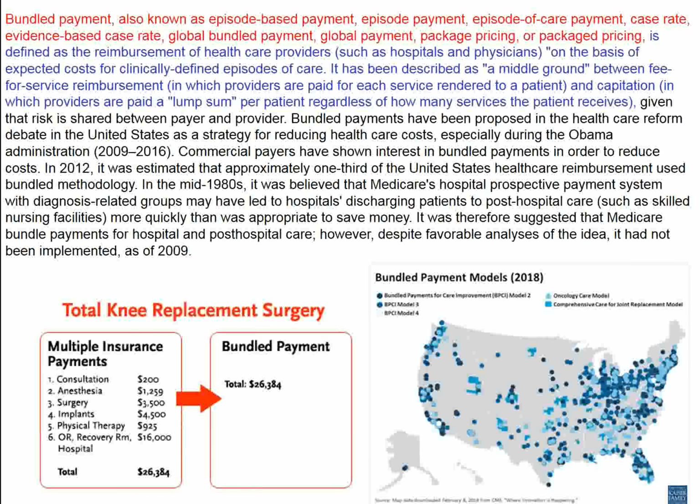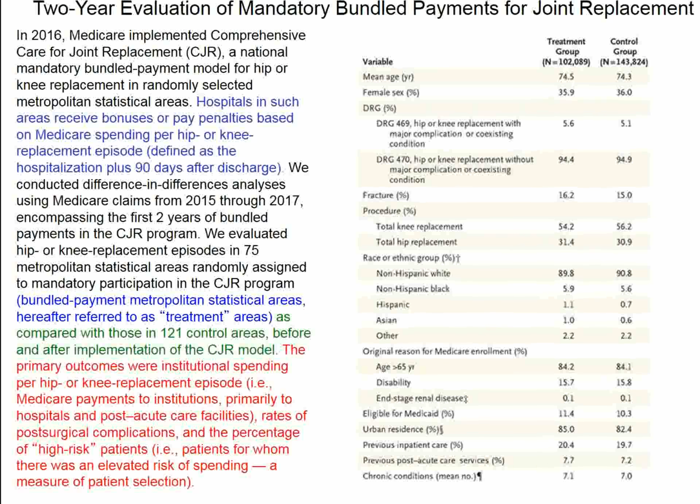Now, Donald Trump has tried to get rid of Obamacare, then all this would be trivial, I guess, but apparently in the United States, this was finally implemented in 2016. Various areas in the United States were faced with bundled payment models and other areas were not. And exactly how this decision was made, I don't know, but these healthcare experts tried to test to see whether or not this care for joint replacement bundled payment, whether it actually saves money or whether it results in worse